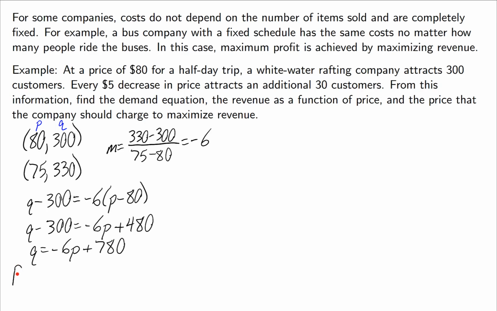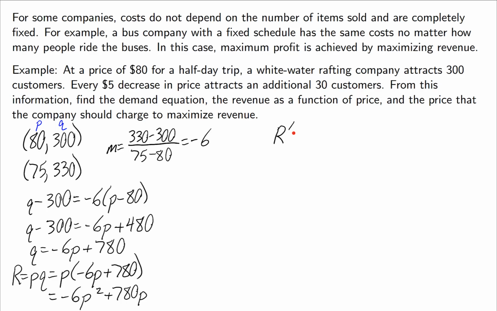So from there, let's make our revenue function. Remember, R is equal to PQ. So this gives me P times the Q of negative 6P plus 780. And then I'll get negative 6P squared plus 780P from this. Now I have a revenue function, and I can find the maximum revenue. You could use the negative B over 2A that we did in the past, but let's use this with our newer methods and say that the derivative of the revenue is negative 12P plus 780, and we'll set that equal